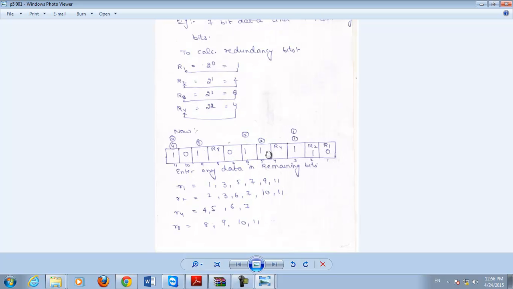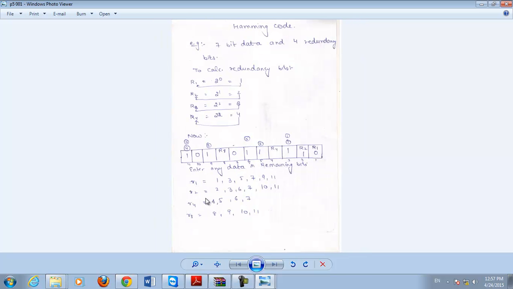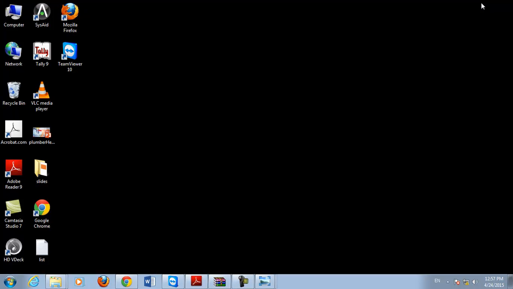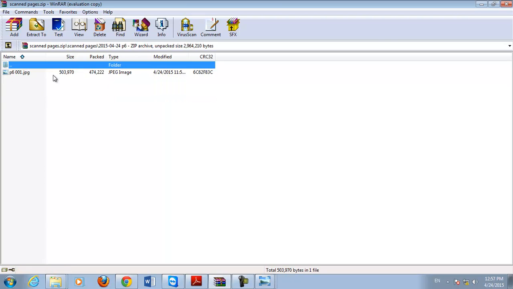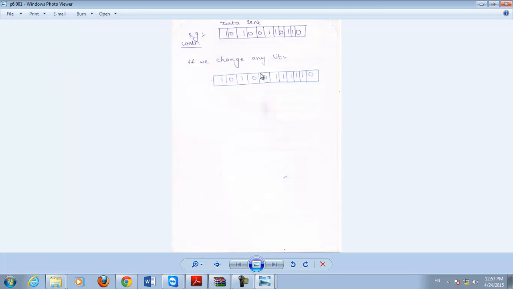This is the working of Hamming code. Now, this is the data sent by us. Again, we will see the example. If we send data 10100110110, and if you change any bit, for example, if the fourth bit is changed from 0 to 1, then how